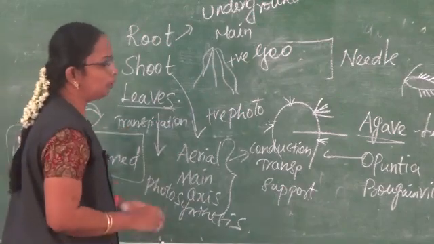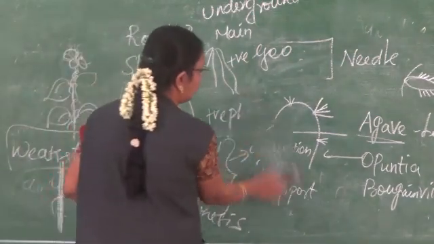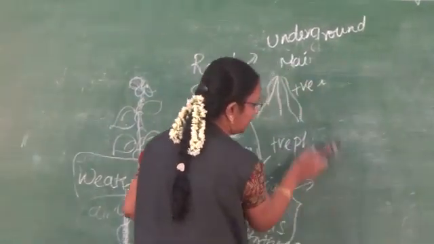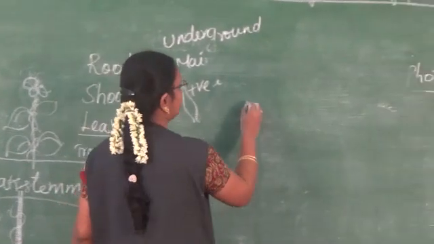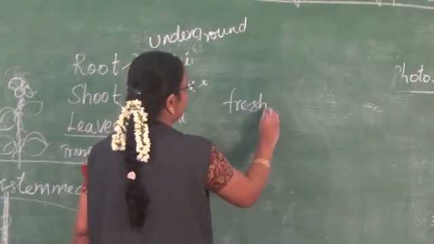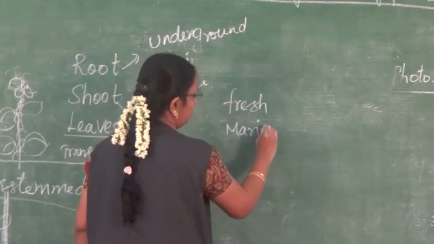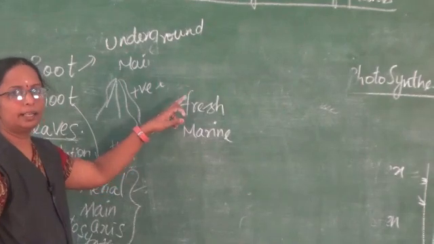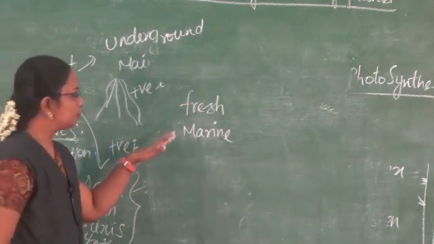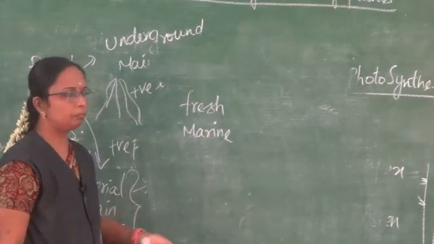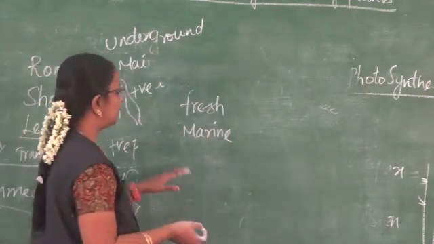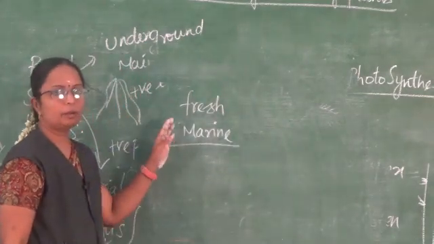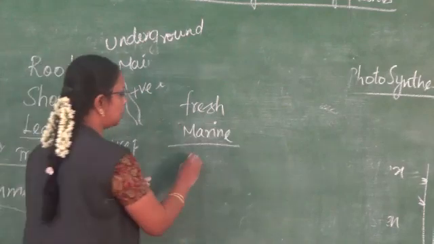And when we move on to the habitat, the habitat is aquatic and terrestrial. The plants which are found in water are known as aquatic plants. There are two types of aquatic plants, freshwater and then marine water. The plants which are seen in ponds, rivers, lakes, etc. are freshwater. The leaves float on the surface of the water, the stem becomes submerged and the root grows deep into the water. In marine water also, some of the plants are seen. They perform 40%